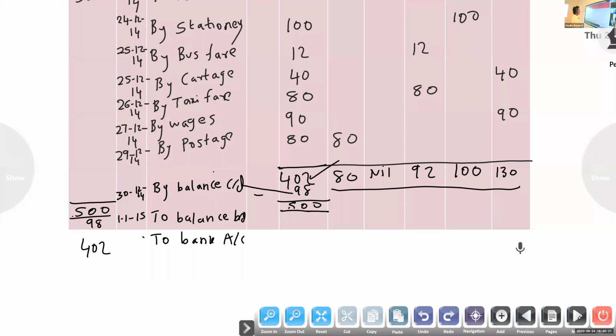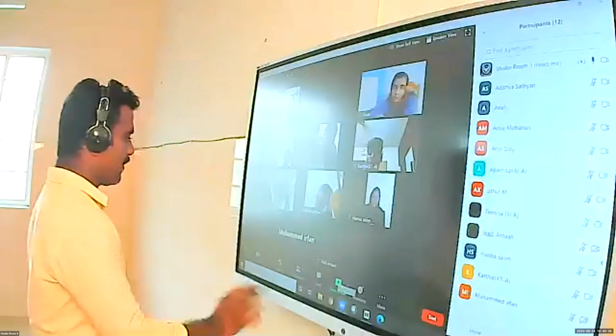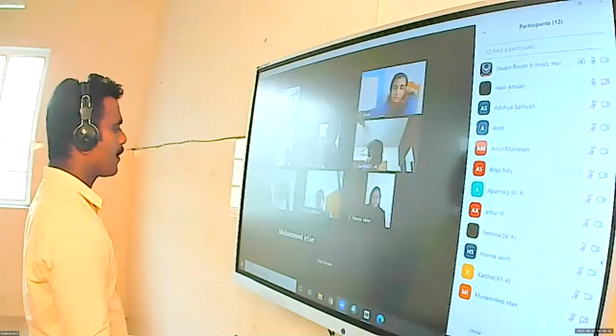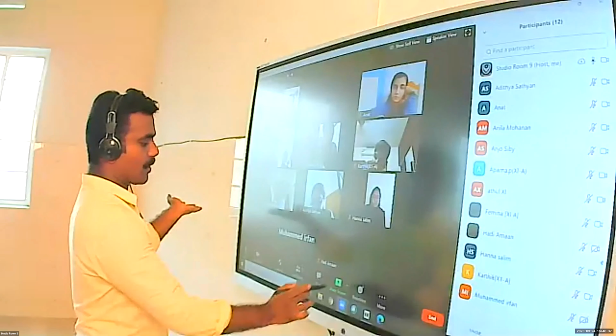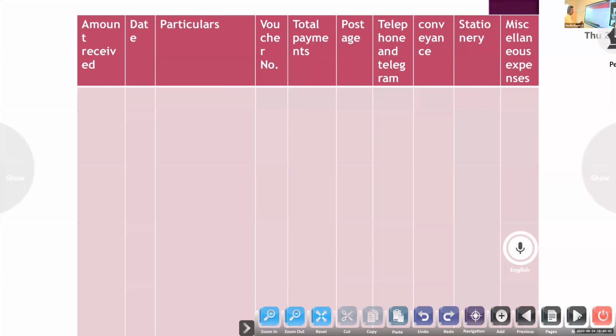Okay, then we will do the first question. Clear now? Any doubt? Hadi, Irfan, any doubt related to the petty cash book? No, sir. Okay. So first, on the debit side you have to write the amount, then the credit side, then we have to find the total of each column. But we have to look at total payment only. Then we have to write balance CD, total on both sides, then BD, then the remaining amount the main cashier will give.